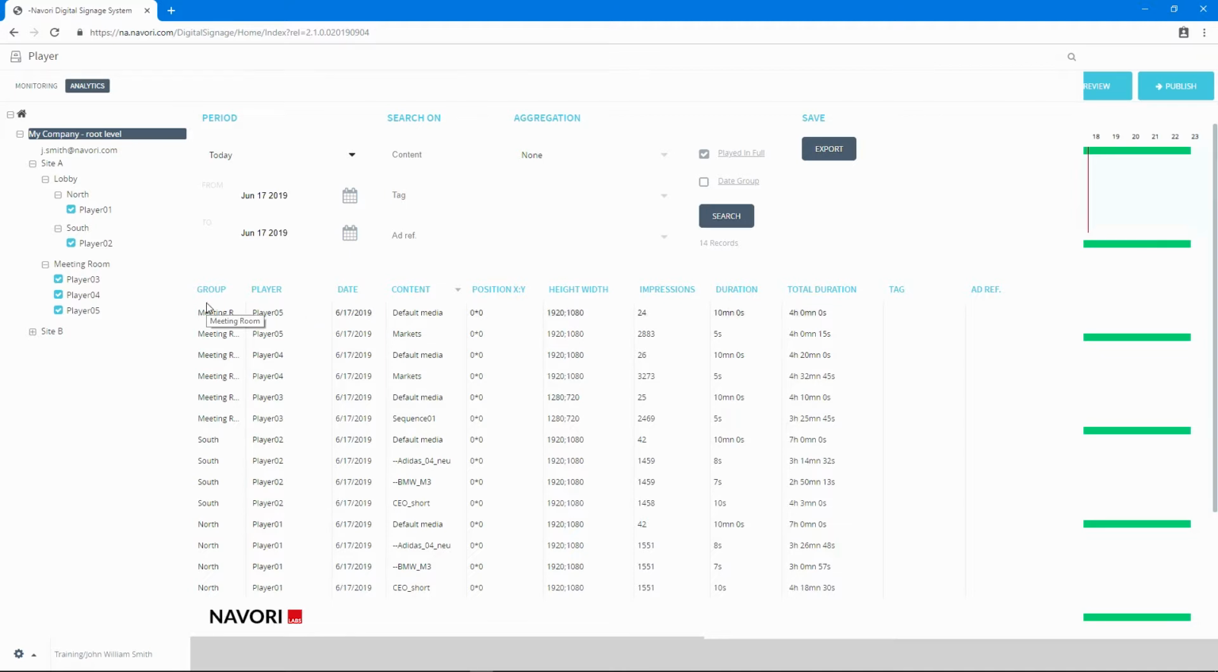Reports include the following columns: the group name, the player name, the date of the event, the content name, the content's screen position, the playback height and width